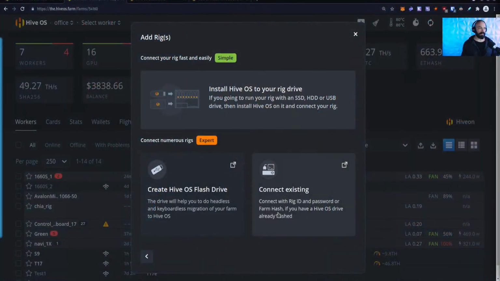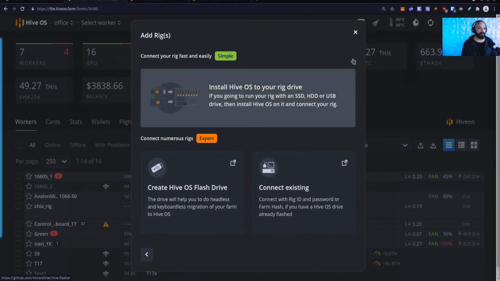Some people have been setting and forgetting their rigs for many, many months and are now wondering, okay, well, I've got to think about it again. What do I do? Well, yeah, we can go back to this screen here. And when we add rigs, as before, the plus symbol up above our farm,